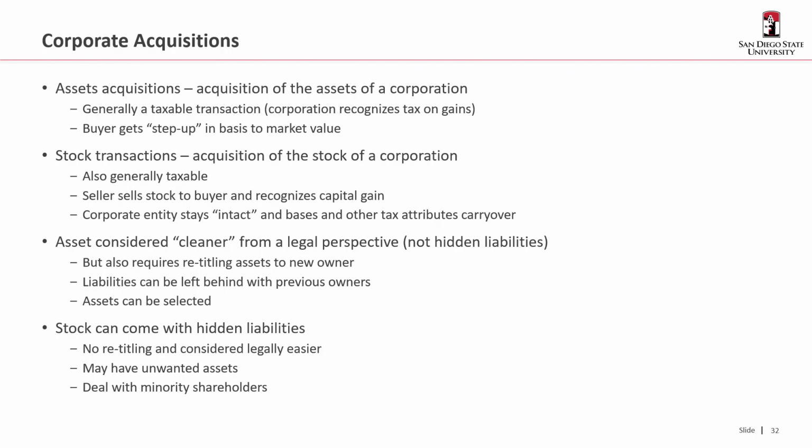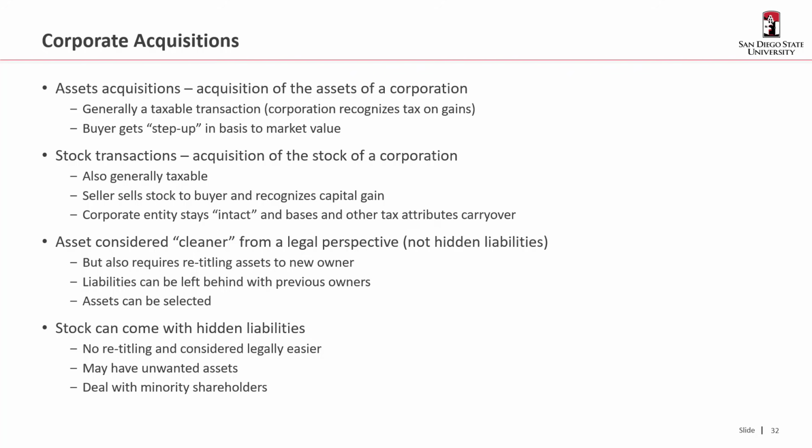In a stock acquisition, someone is acquiring the stock of a corporation. Typically, the stock isn't held by the corporation, it's held by the shareholders. The property, on the other hand, or the assets, are held by the corporation. So in A, we've got this acquisition of assets from the corporation by some acquirer. In B, someone's acquiring the stock from the shareholders. The shareholders recognize capital gain, but the corporate entity basically stays intact, and the bases of property and all the other tax attributes simply carry over, right? That would be a little bit like anyone selling their shares of any corporation to some other person.